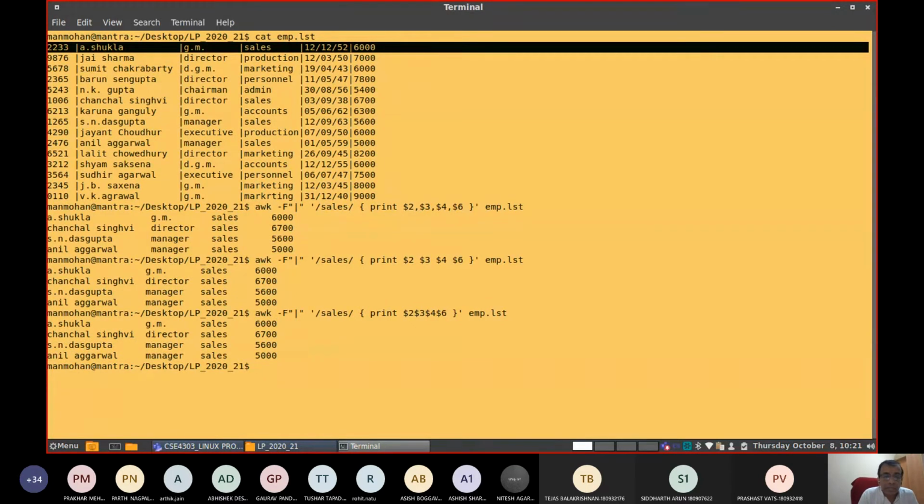Yeah, there is a glitch here. In standard Unix, this space will not come. But in the Linux implementation, by default, even if you are not writing a comma, you will get similar output.